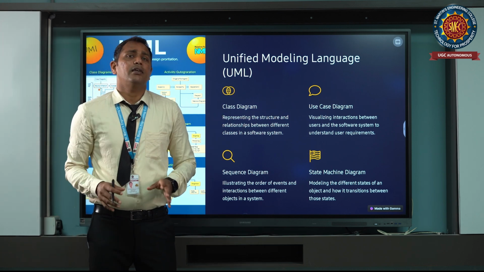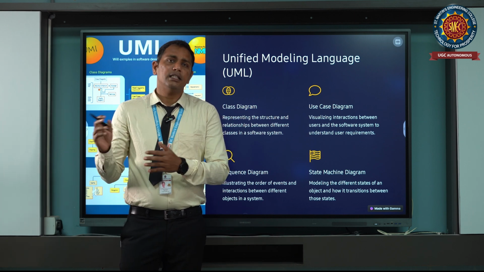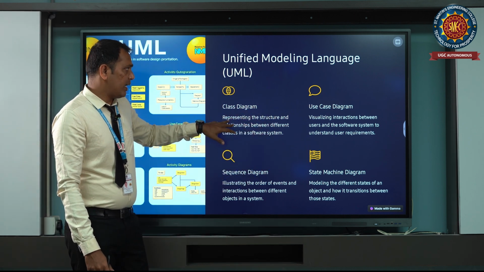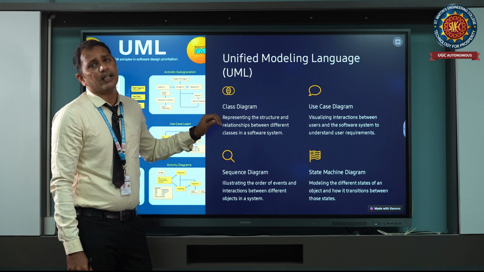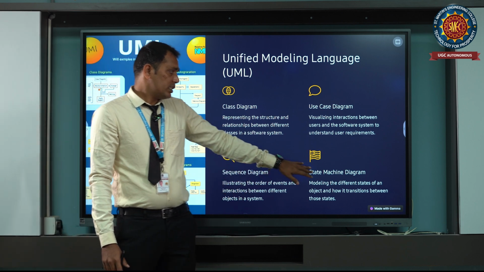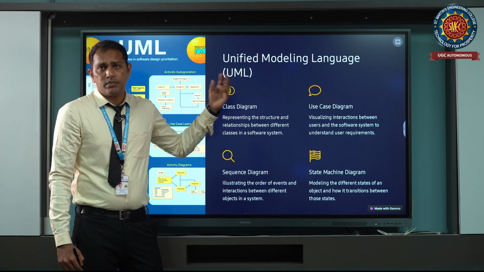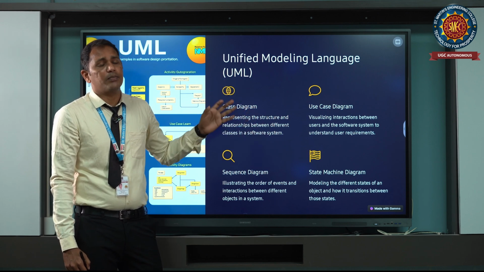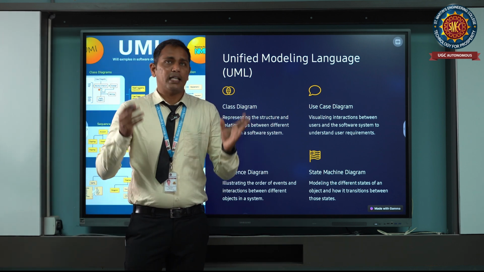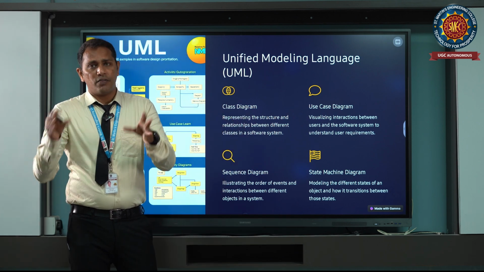It is the main thing for the development of software, and not only software but many other things. Using UML diagrams, we have several diagrams. First one is the use case diagram, next the class diagram, sequence diagram, state machine diagram, state chart diagram, component diagram, and deployment diagram. Using these diagrams, we represent designs suitable for a certain object, that is nothing but software.